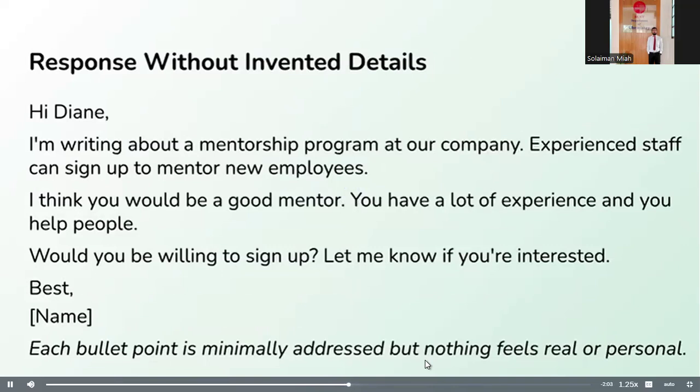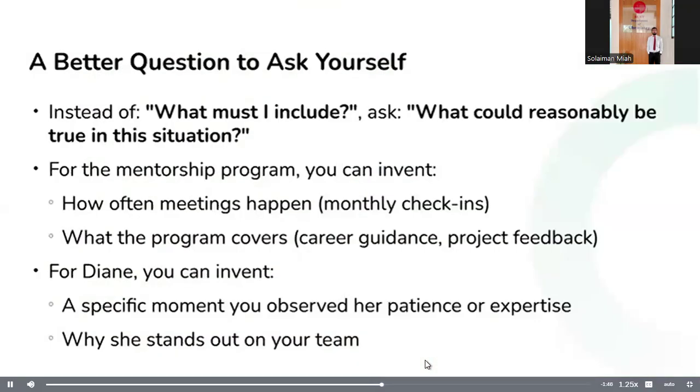We don't really learn anything specific about the program, and the reason Diane would be a good mentor is vague. Note that the grammar is correct. The ideas from each bullet point are addressed, and the tone is appropriate, but we can do better and score higher. Now let's look at the same prompt again, but with it